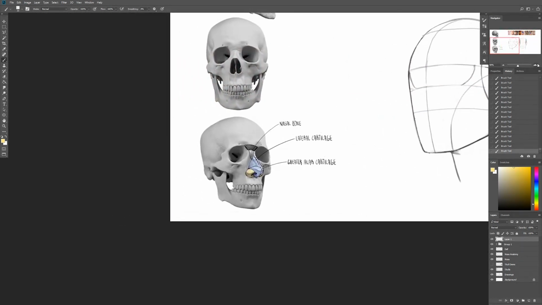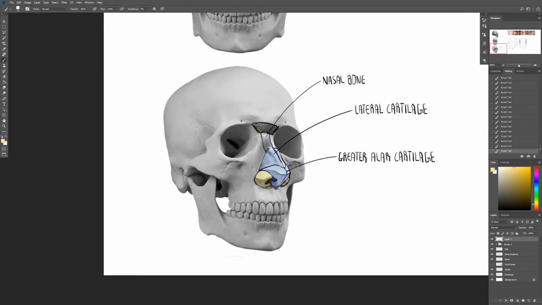And if we look a little bit more closely at this here, we can see that this section here, the tip or ball of the nose, actually the cartilage wraps up and then inside of the nostril. And this part of the cartilage will form kind of half of the nostril with the wing forming the other half. So the nostril itself is not a circle like this, but it's instead something more like a comma